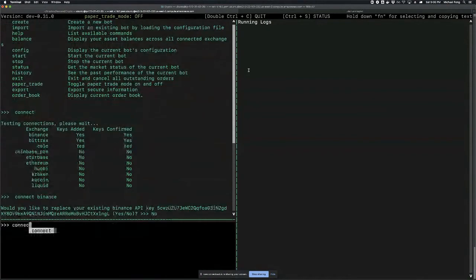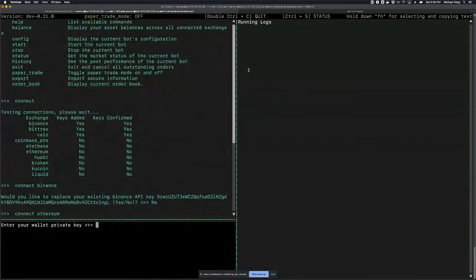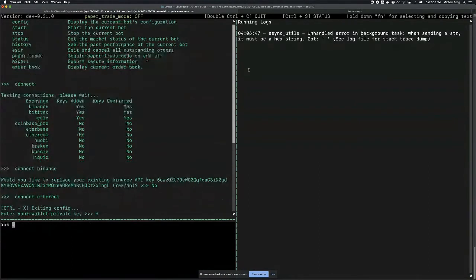But you can also connect to Ethereum, and you do that by entering your wallet private key, and that will actually basically log you into Ethereum. So that way you can trade on both Binance, but also Ethereum-based decentralized exchanges and other protocols, and actually be able to do arbitrage between them, or do what we call cross-exchange market making